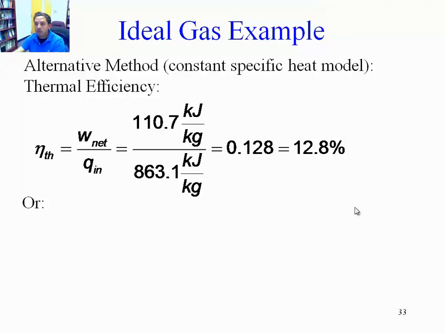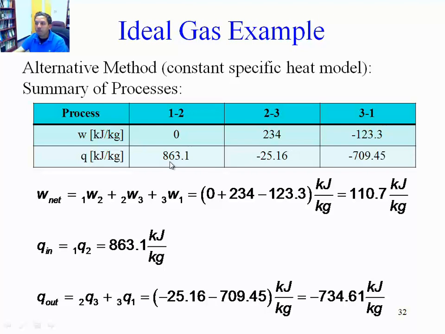This is telling me that there's a discrepancy in the way these things are being calculated. If you go back to the table, you'll notice that the discrepancy comes from the fact that the amount of net work should be equal to the amount of net heat. If you add all these heats, you should get exactly the same amount as if you add all the work, because in a cycle, the change in energy is equal to 0, because you go back to the initial state. The net amount of work is 110. And the net amount of heat, which is this one plus this one, is about 129. That's quite different from this one. So there's a major error when using the constant specific heat model.